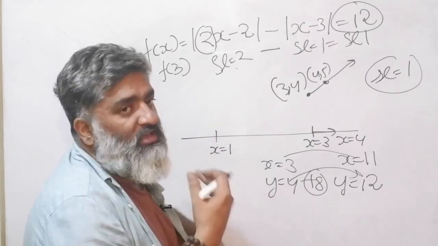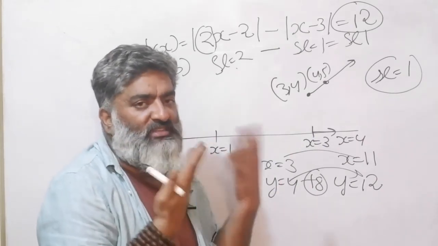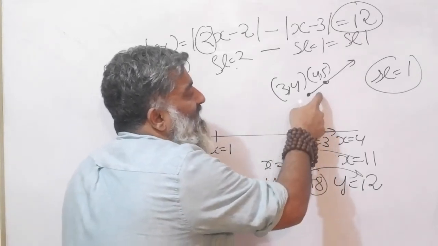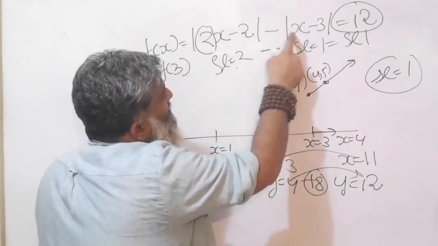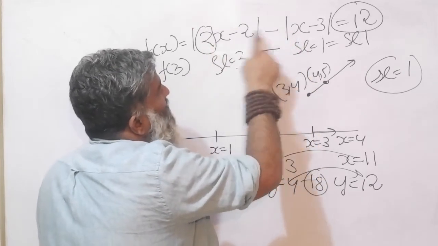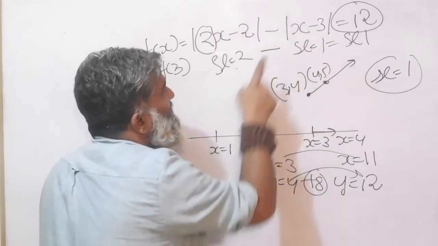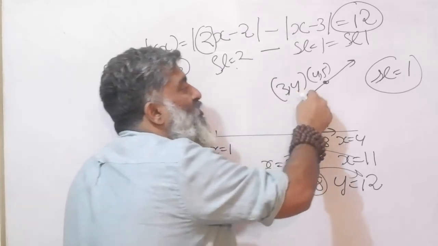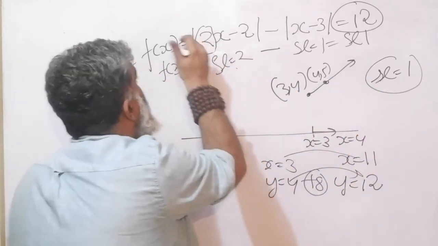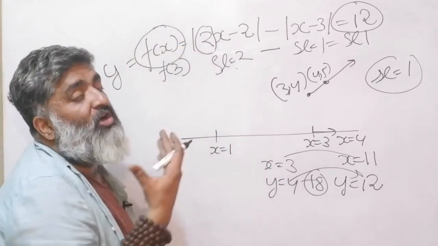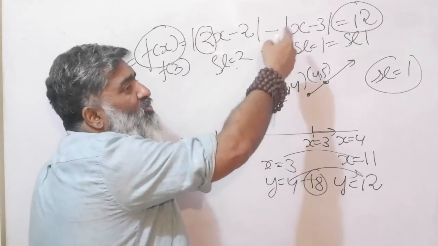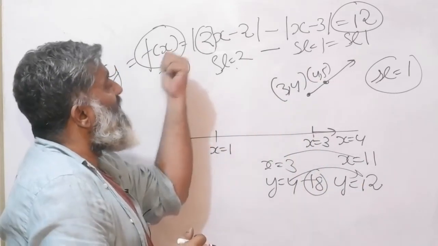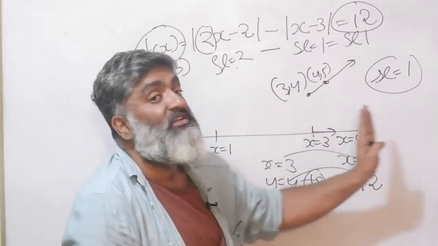So what is the summary of the shortcut, or what is it that we're talking about? Beyond the root points, I can predict the slope by just observing the coefficient of x. This will matter for the 0 points, where the roots are. But beyond those points, if I make a final graph of this, now we know how to make a graph: put the values 0, 1, 2, 3 as x, and then figure out the values of y, right? So if I make a graph of f(x), it will behave so beyond this point.